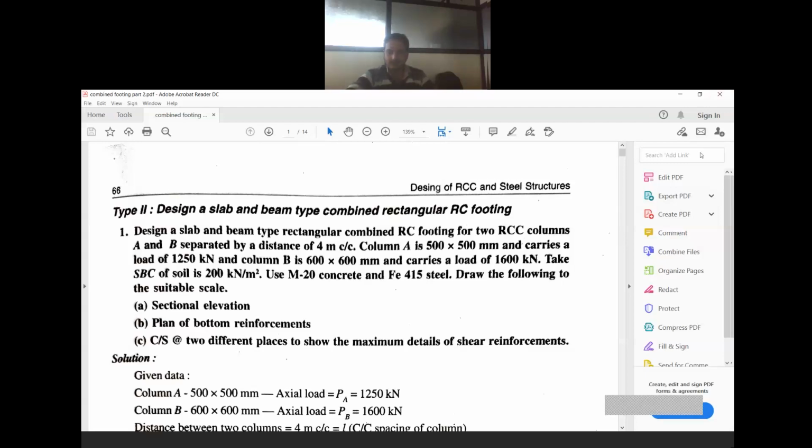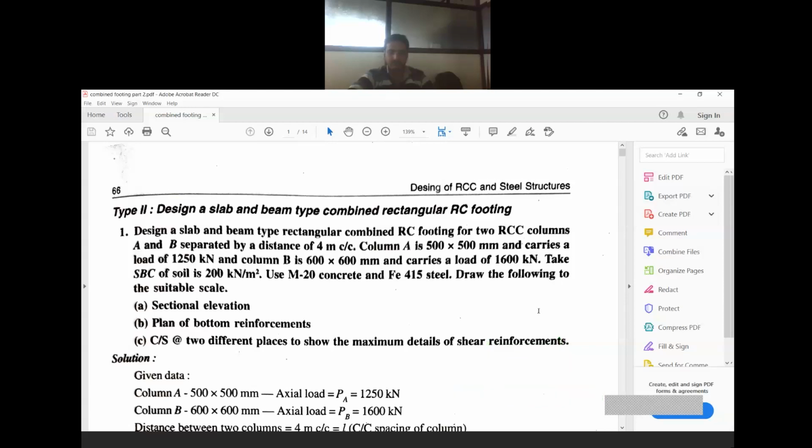See what we really mean is, observe here. In the previous case, only a slab type of foundation was there, above which your columns are provided, right? So here in this case, we will provide a beam for this slab.